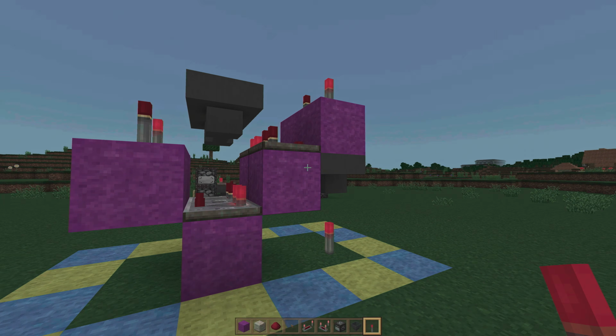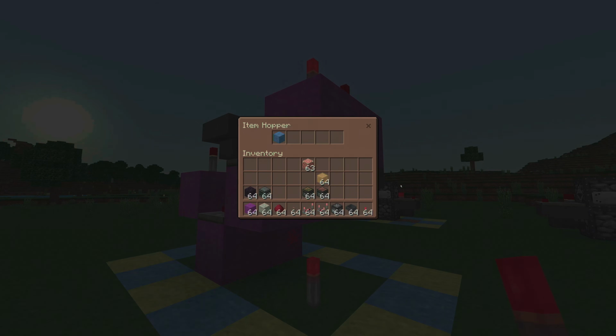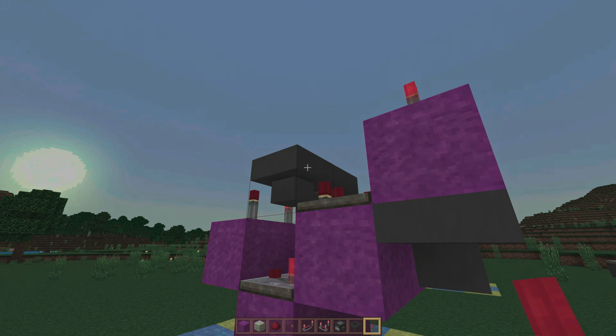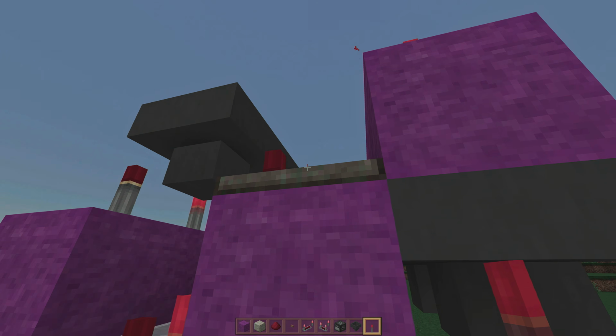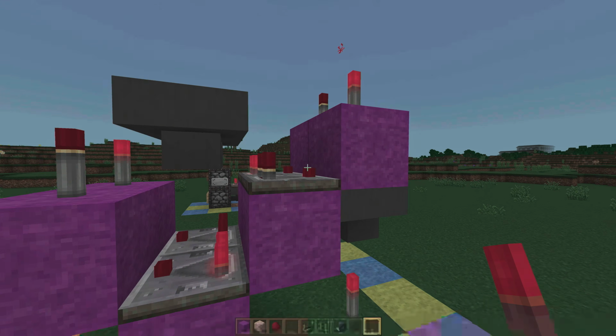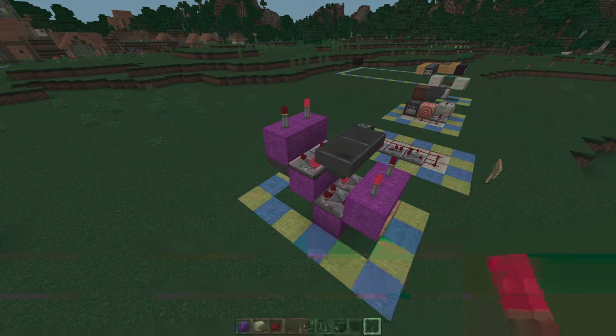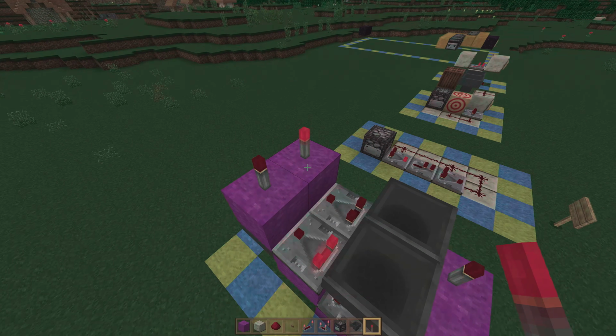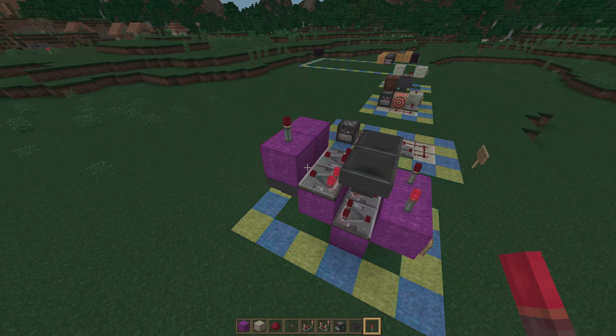And what do I mean by measure time? Well, by filling up this bottom hopper with any number of items, and then filling this top hopper up with as many stacks of 64 items as you want, you can create very accurate clocks that will allow a redstone signal to be triggered from this topmost repeater to a redstone circuit of your choice.